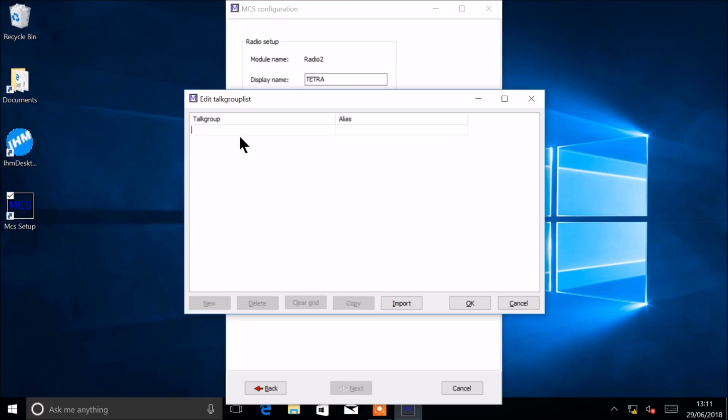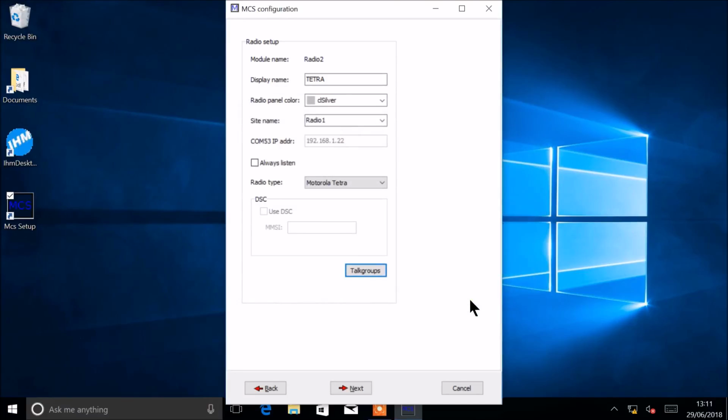or entered directly here. The first one is, for example, 1, 2, 3, 4, 5, 6. I give this an alias of crew 1 and then new, and the second 2, 3, 4, 5, 6, 7 and an alias of crew 2, and then OK. Next, for radio 3, I choose a Tate base station, writing Tate radio at the display name,